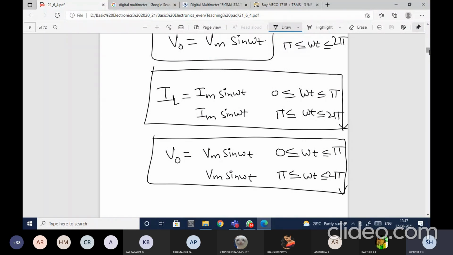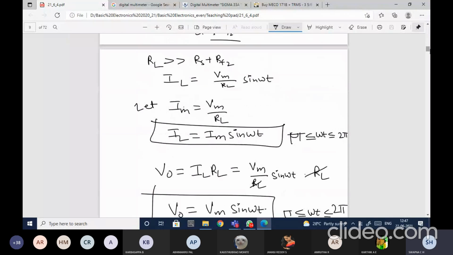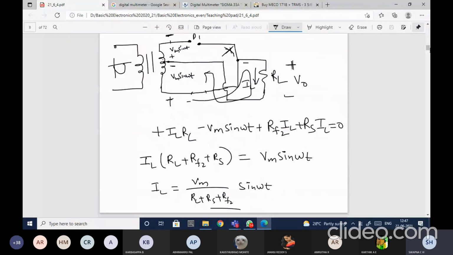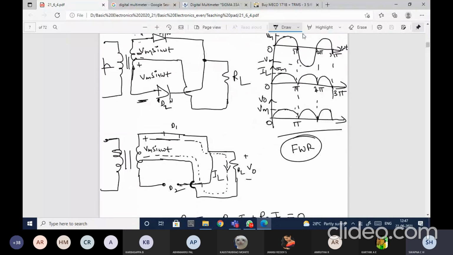I'll explain you. And using these equations, we have to see here again. You may ask me, ma'am, whether DC is present or not. You yourself can tell me whether DC is present or not. DC is present in this signal, yes or no? What about the DC value in this particular waveform? For the sinusoidal waveform, what will be the DC value, the average value? In one cycle, what is the DC value for this sinusoidal signal?